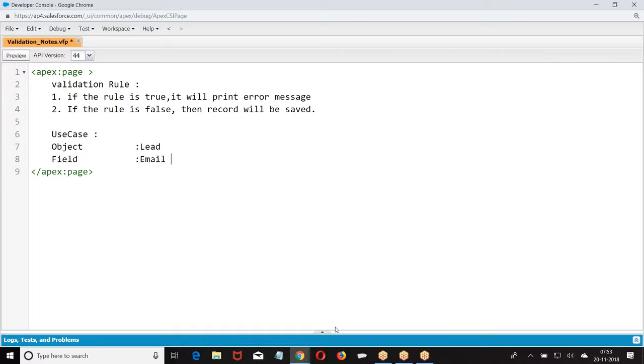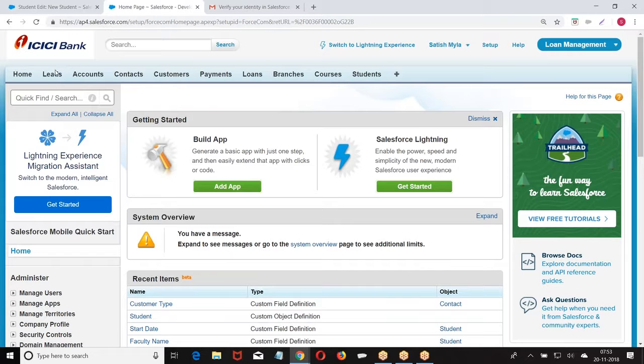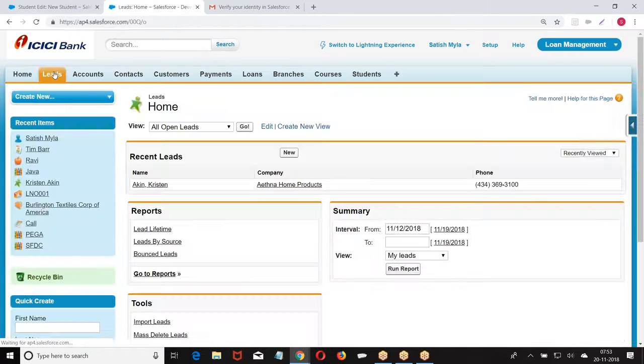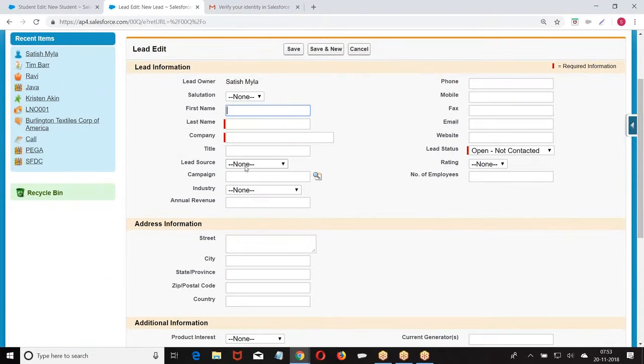Email. Look at the point. Lead object. In the lead object, I told if lead source is web, email cannot be blank.